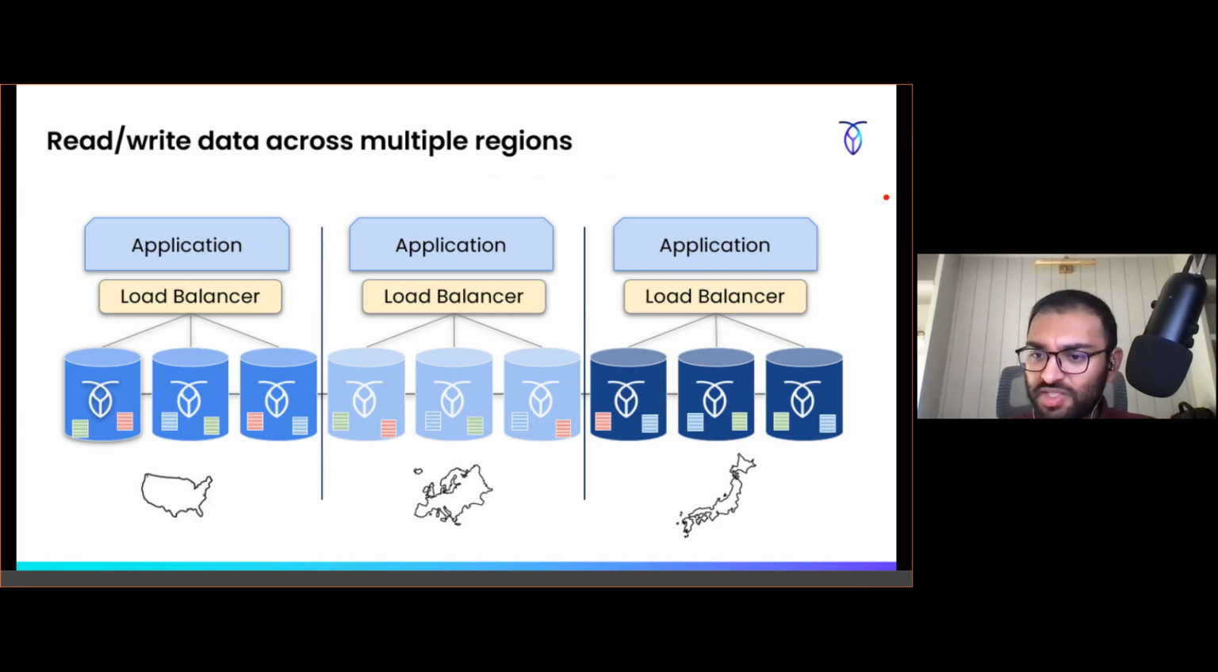So have you tested split brain scenario? Could you elaborate on that as well? So, ACID in a distributed database system, what is the trade-off? So over here,